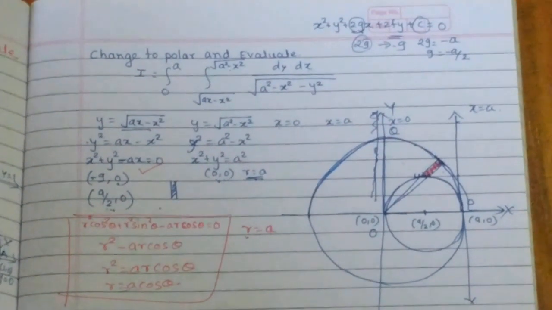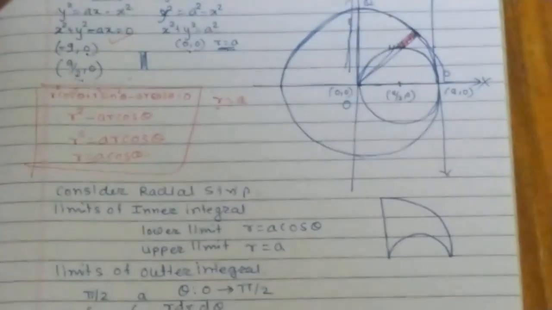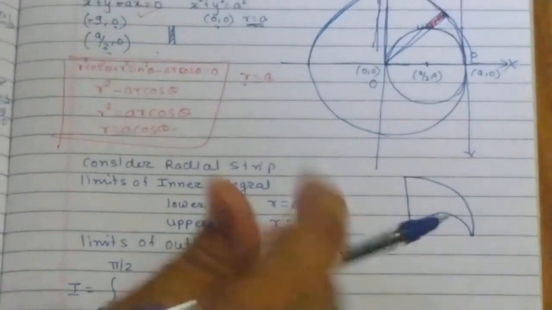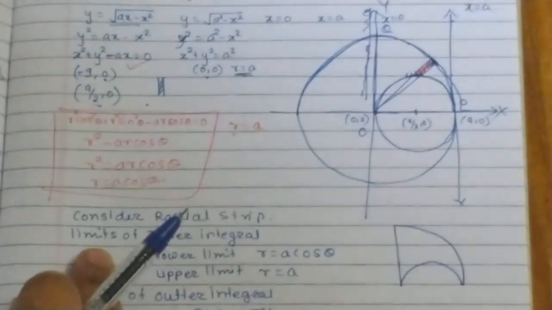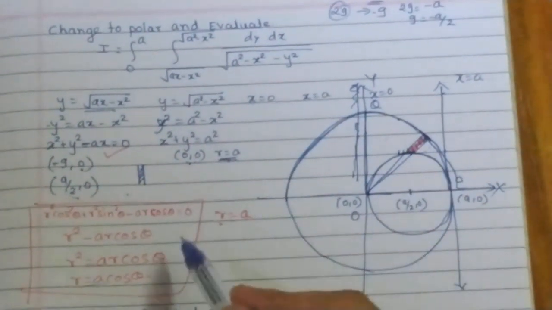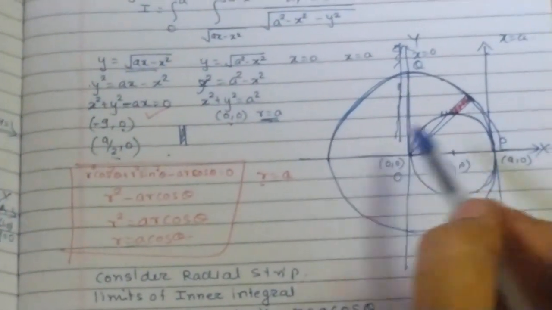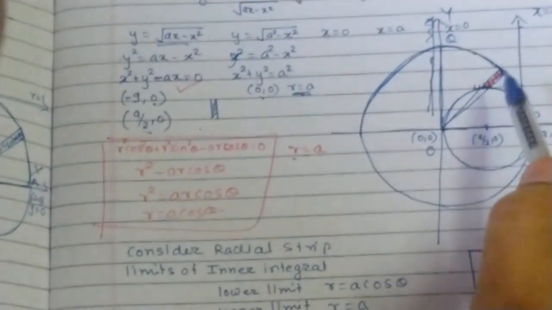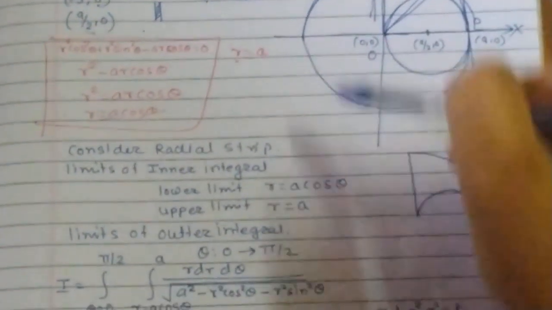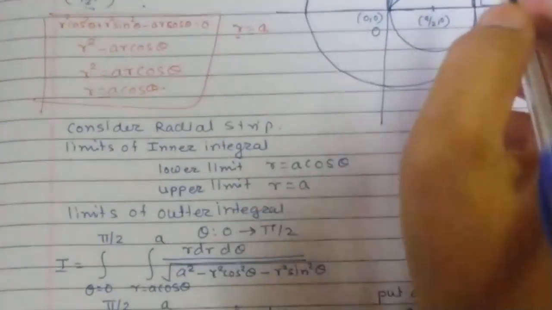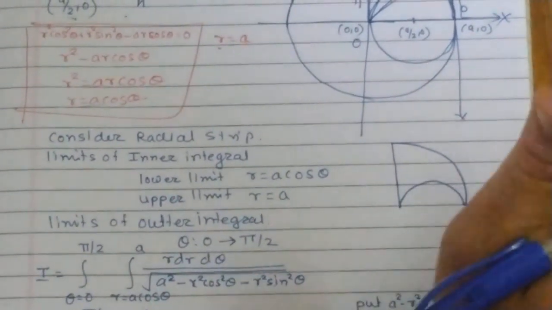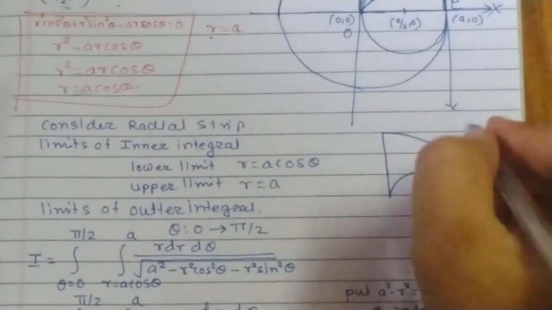Evaluation of double integration is now quite easy for you because you have done a little more practice on this. But the main thing is to change to polar coordinates. We require to identify the region of integration. We need to identify the polar equations of the curves which are at the lower and the upper end of the strip, and using this work out the limits of the integral. This is a very important part. For that you must know the equations and their graphs. It's very important, so I suggest you go through these topics.